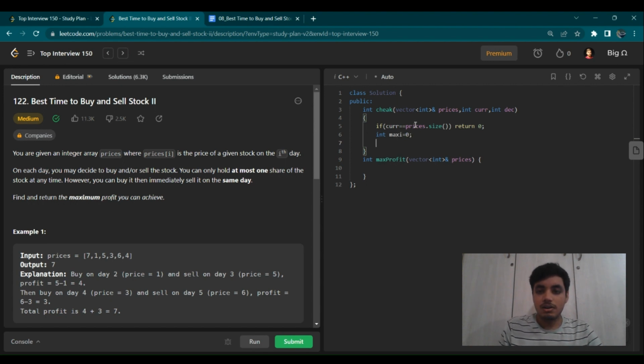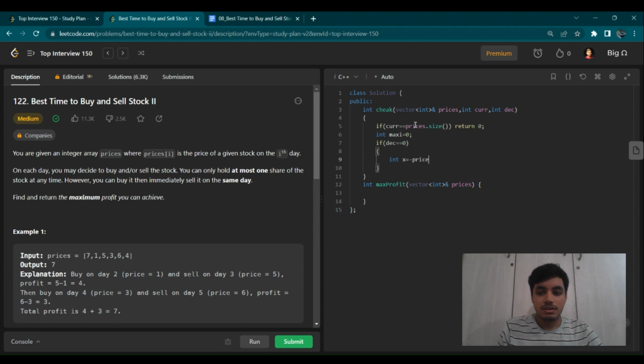Now, based on our decision parameter, that is, whether we have bought any stock or not, we are going to write our function. Let's assume that we do not have any stock today, so zero. We have two options, as we have seen in our algorithm: either we can buy or not buy. Let's first assume that we buy that stock. What happens when we buy any stock? What happens to your account? When we buy any stock, our account gets debited, so we will do minus